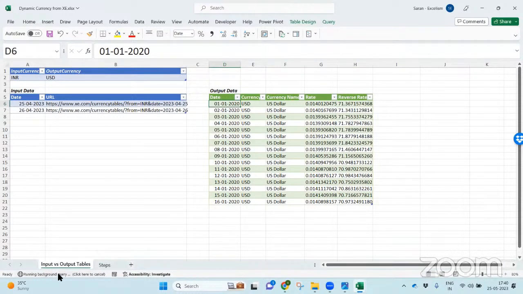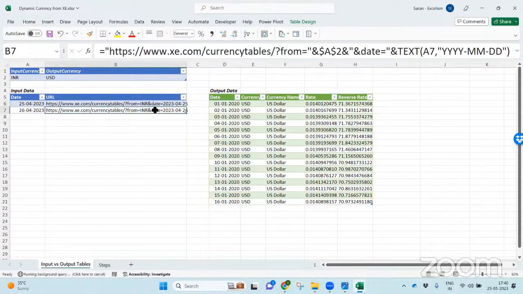It is running the background query, because for the first time it is going back, so it is taking a little time. It will go to this particular web link first, extract the data, filter the data, and keep it aside. Then it will go to the next link, extract the data, filter the data, and keep it aside. Finally, it will append all of those one below the other here.